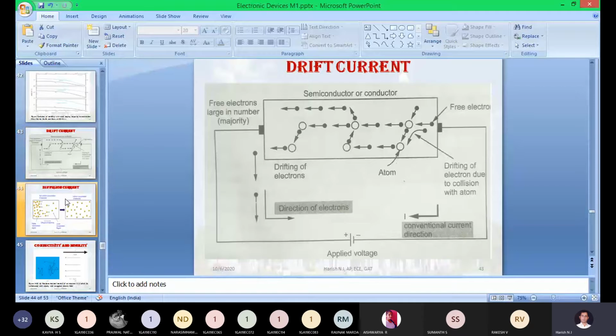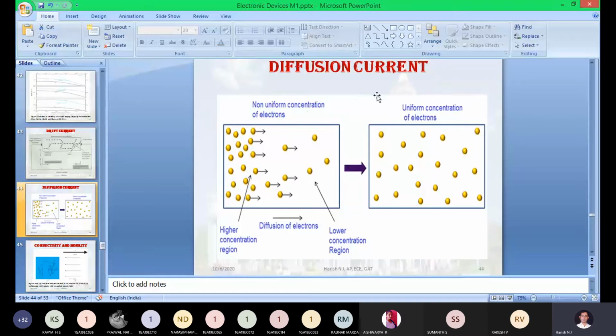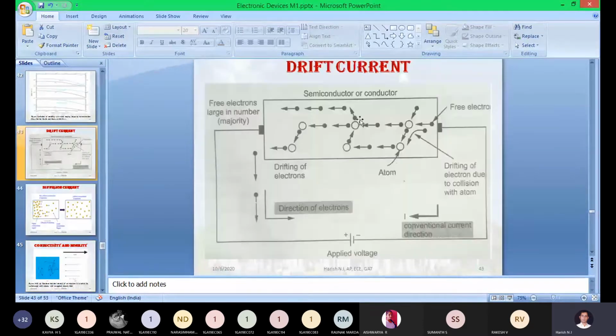In the next concept, we have taken a non-uniformly doped semiconducting material. It may be a p-type semiconductor or it may be n-type. These two concepts you can explain with the help of an n-type or a p-type semiconductor. The concept will be the same, but the arrow mark will become opposite. Please be aware of that.